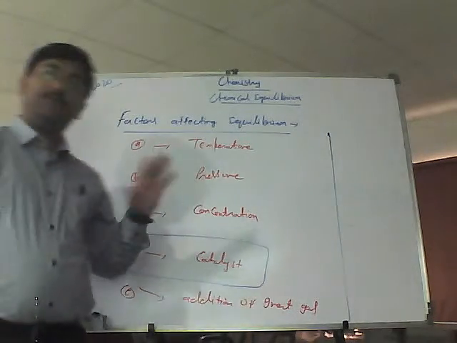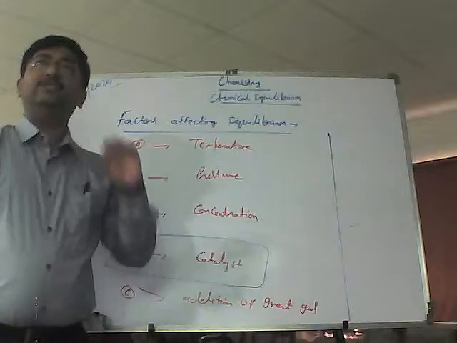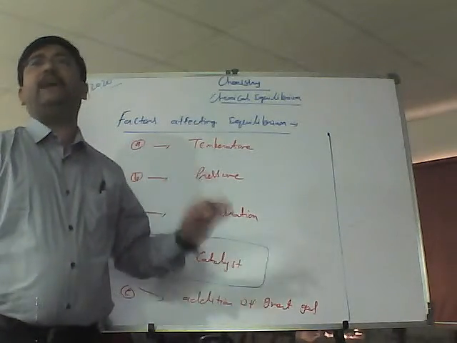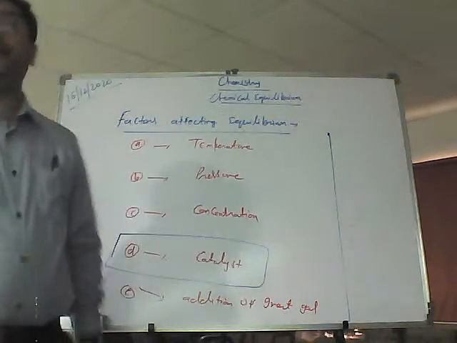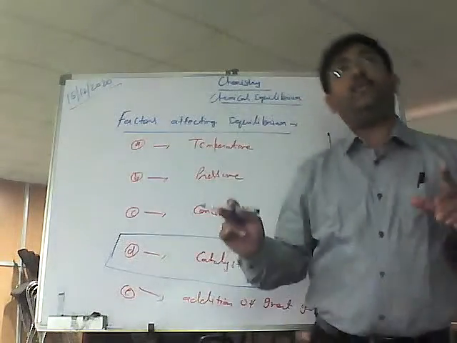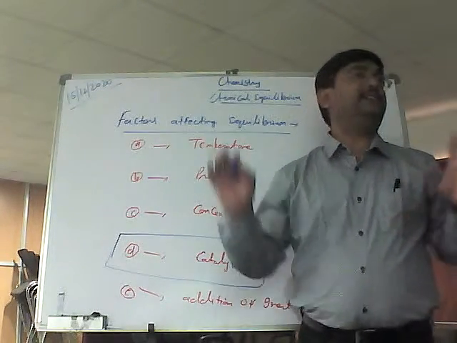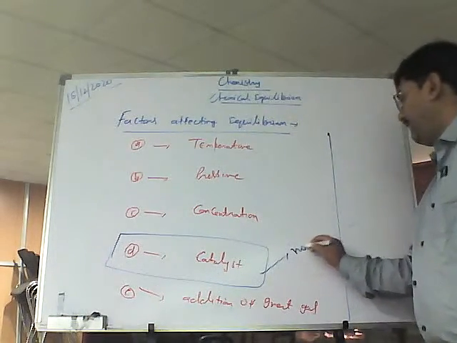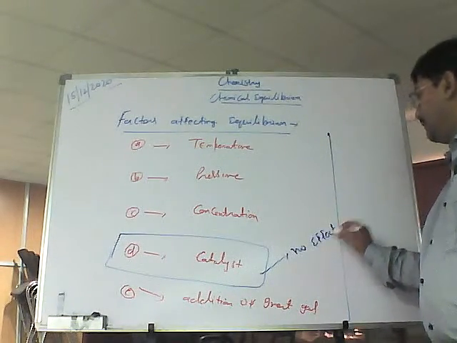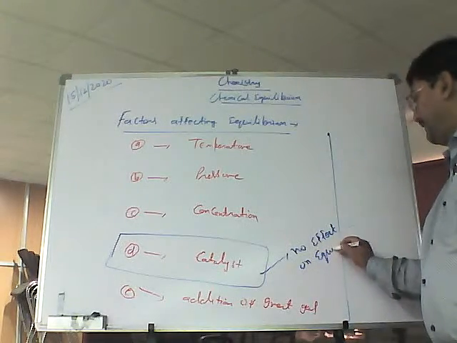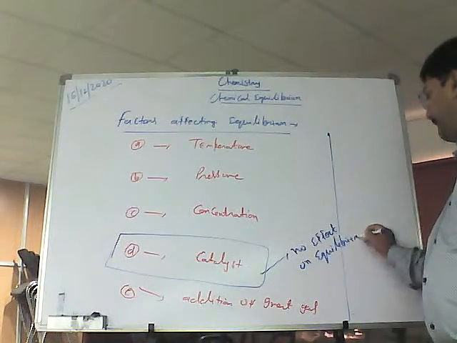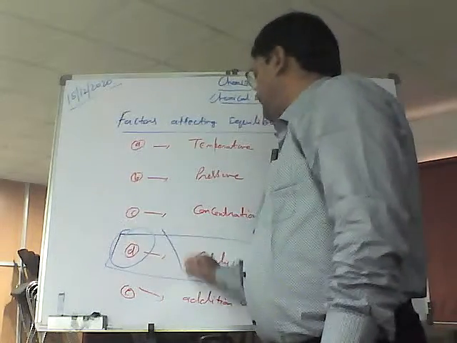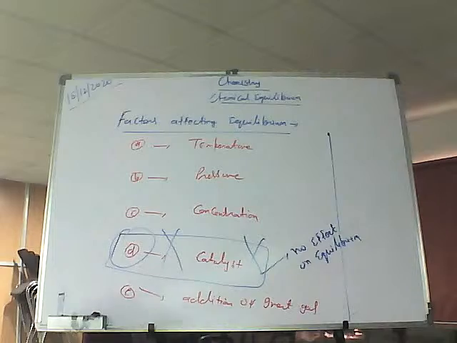प्रतीक, तुम्हारा आंसर गलत हो गया है। रिएक्शन फास्ट नहीं होता, स्लो भी नहीं होता। There is no any change on equilibrium while addition of a catalyst. ठीक है ना? Because catalyst can affect only the rate of the reaction. Catalyst can never affect the equilibrium of the reaction. है ना? So no effect on equilibrium. कैटलिस्ट को लगाने से इक्विलिब्रियम पर कोई फर्क नहीं पड़ सकता, ठीक है। सो ओनली दीज 4 फैक्टर।